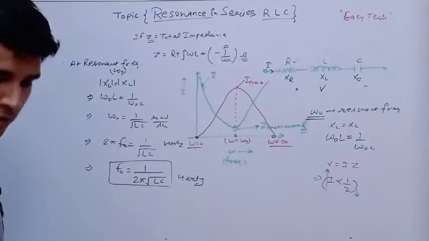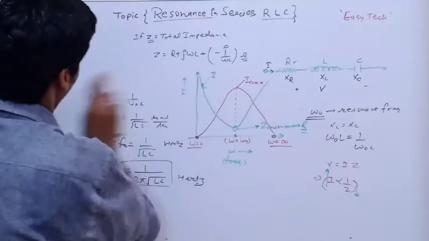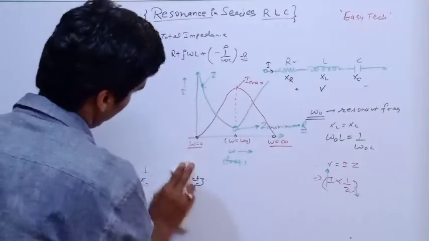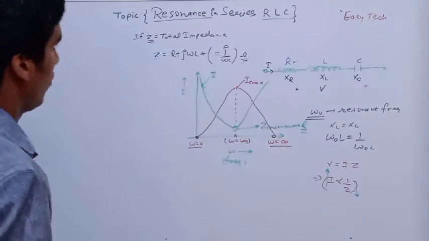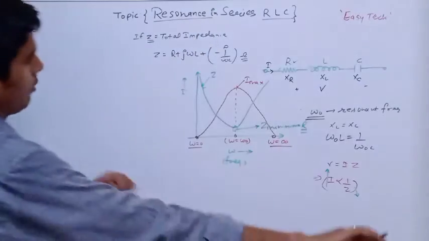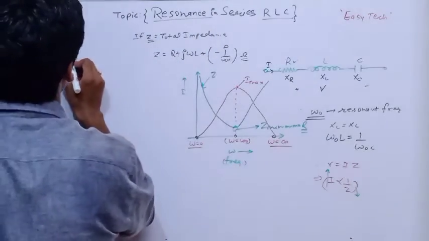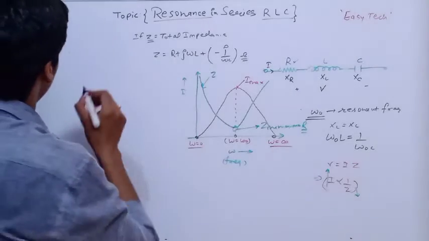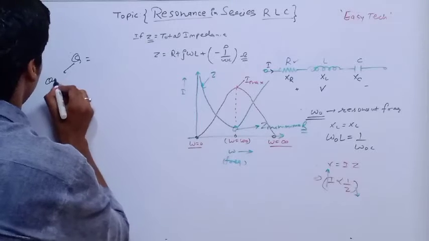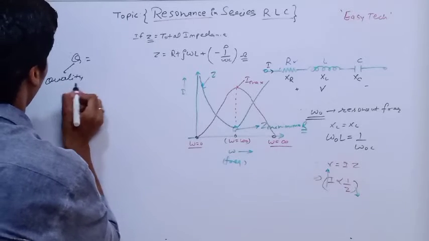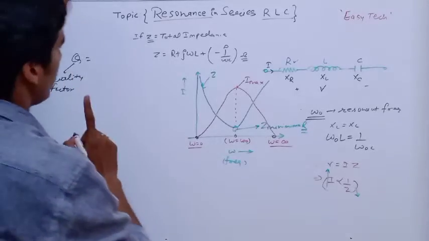I also want to tell you one thing. There are 2 to 3 derivations also. It's not a small subject. Okay, we are going to consider the topics according to GATE level also. First of all, I have to tell you one thing. What is Q factor? That is quality factor. What is it? It is quality factor. The quality factor is equivalent to the ratio of,